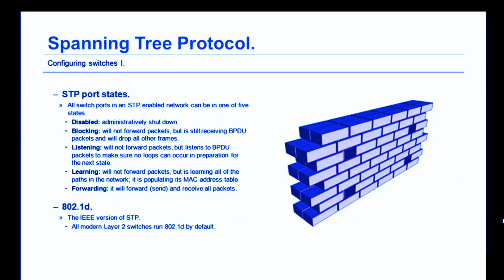All switch ports in an STP-enabled network can be in one of 5 states. First off, there is the disabled state. That is where the port is administratively shut down. It's not receiving packets, it's not sending packets, it's just completely disabled. Then there's the blocking state. In this state, the port will not forward packets, but it's still receiving BPDU packets and will drop all other